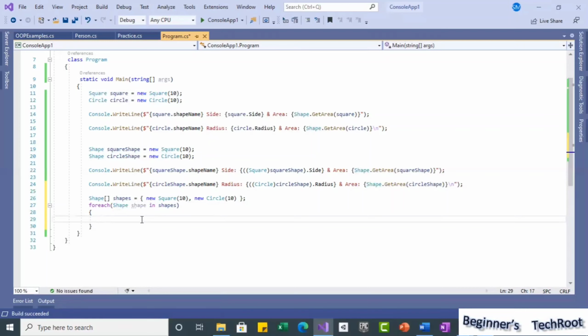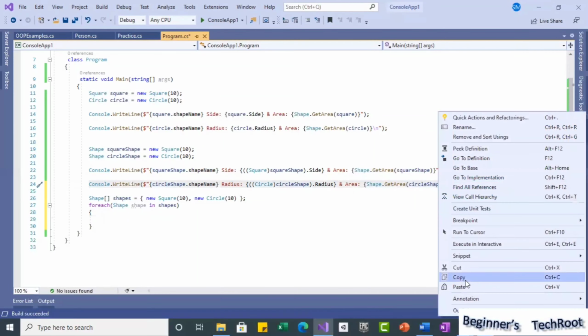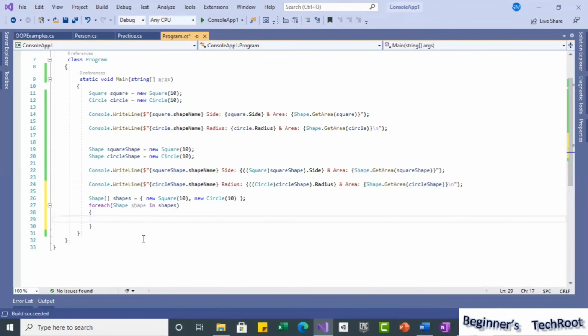Now here, suppose I write a simple console statement, Console.WriteLine. This is the shape dot shape name, and here shape dot area. The same variable only I am passing here. Radius and the rest I will just remove for now, and I will explain how we can do it.